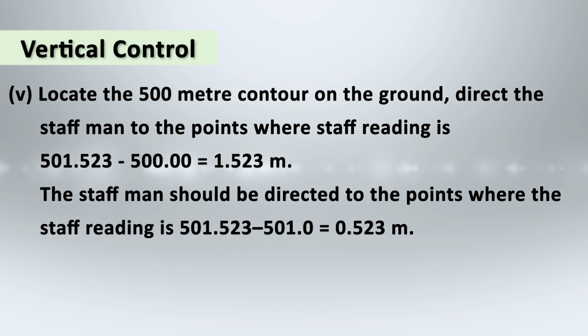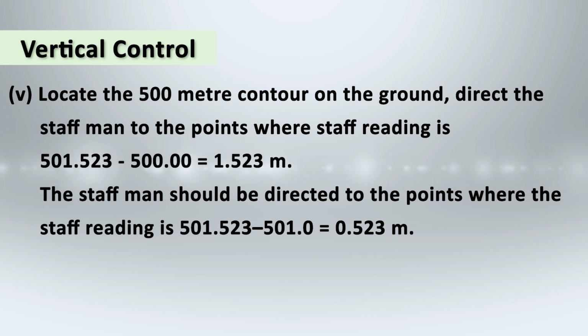Then to locate the 500 meter contour on the ground, direct the staff men to the points where staff reading is 501.523 minus 500 equal to 1.523 meter, and locate their positions by inserting wooden pegs. For locating the 501 meter contour, the staff men should be directed to the points where the staff reading is 501.523 minus 501 equal to